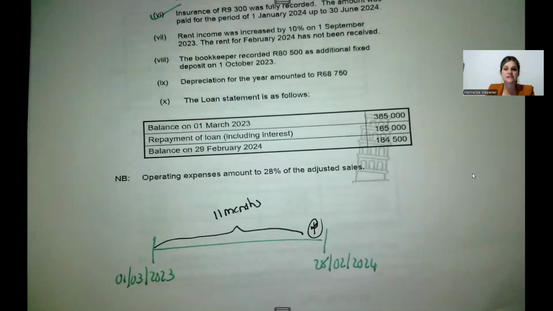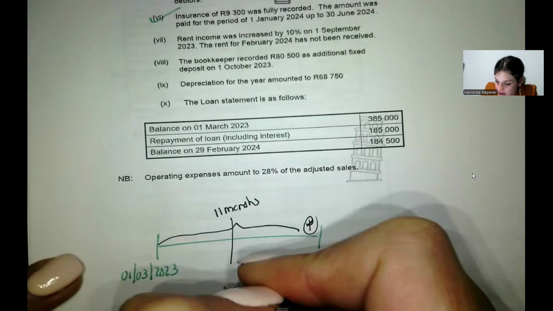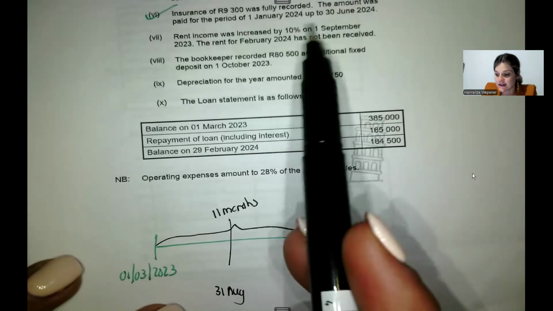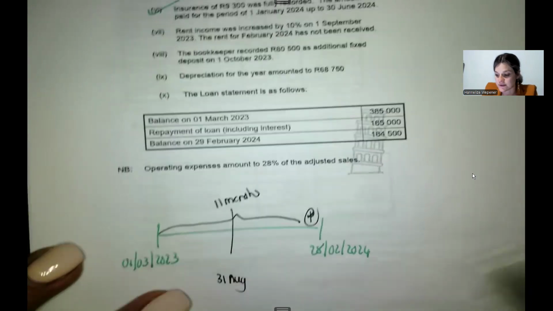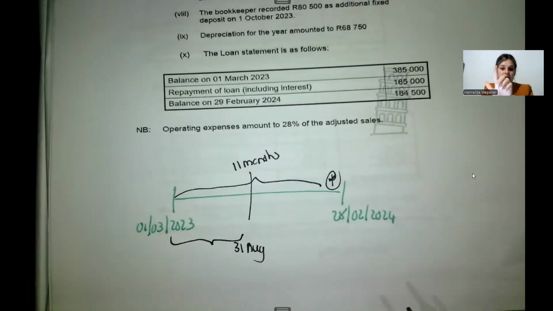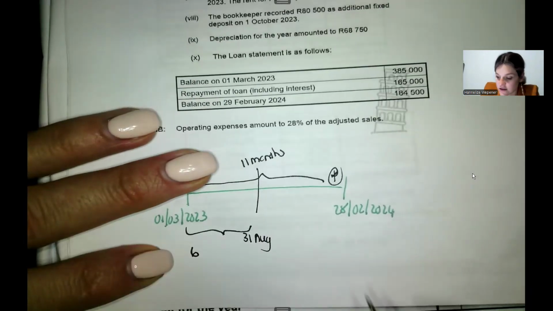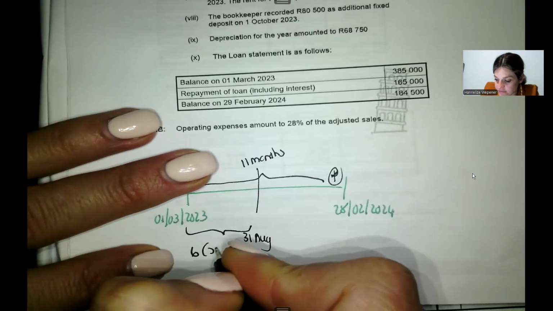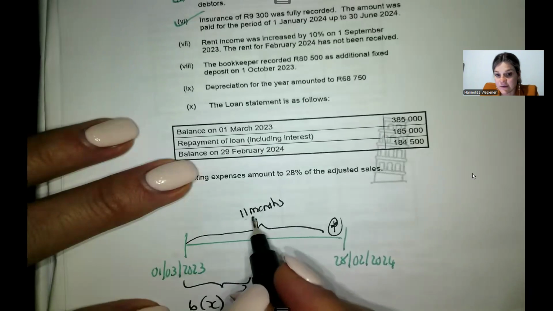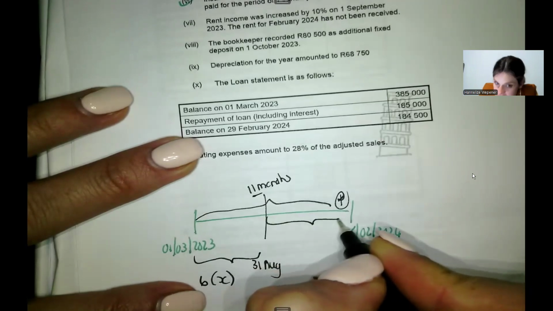It says that you received your rent up until the 31st of August before your rent increased by 10% on the 1st of September. So for the first few months, that is March, April, May, June, July, August. So for the first 6 months, you received an amount of X. You don't know what that amount is. Okay? Then for the remaining 11 months, because you haven't yet received Feb, so for the remaining 11 months, you